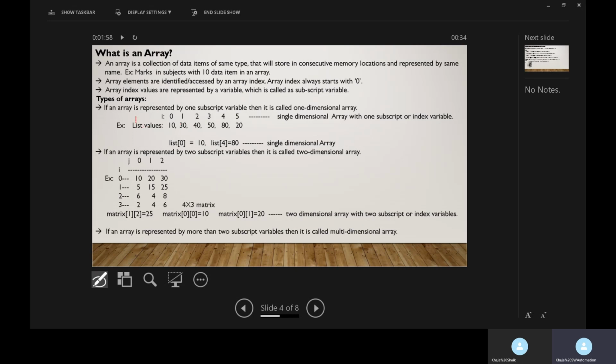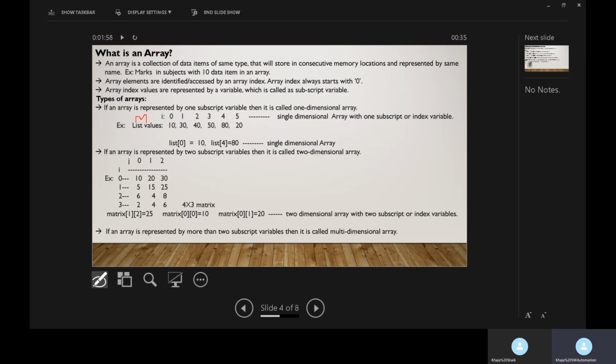Suppose let us take marks. Here marks is an array, and this array has the values 10, 30, 40, 50, 80, and 20. These 6 values will be represented by the indexes 0, 1, 2, 3, 4, 5.